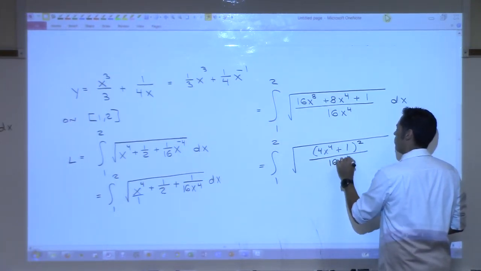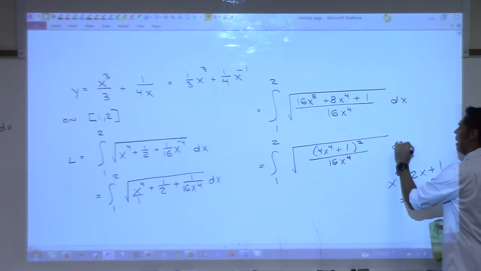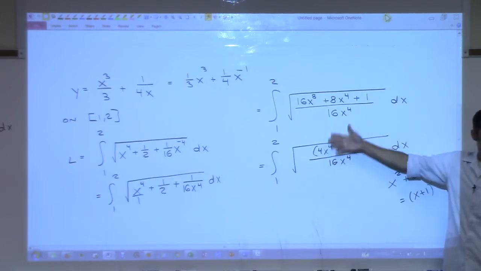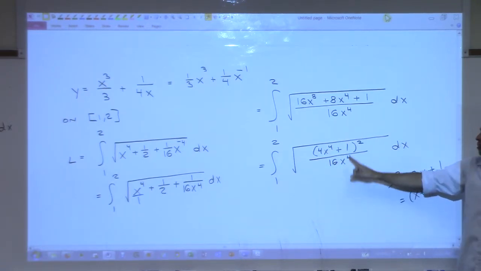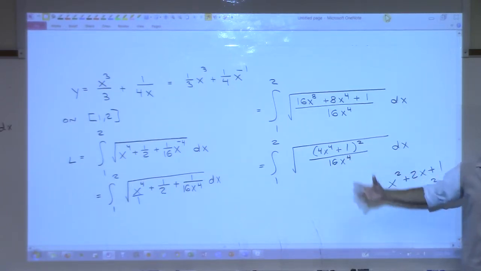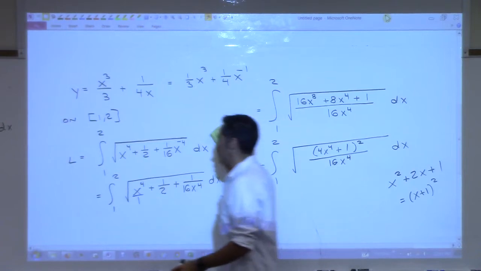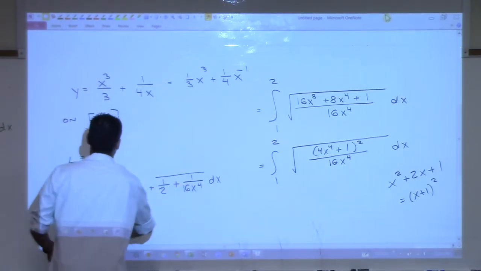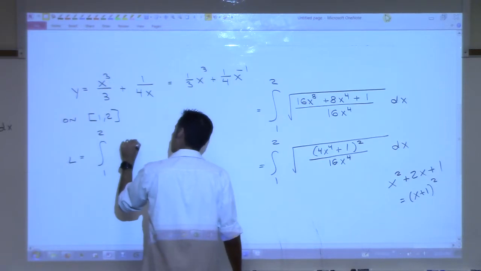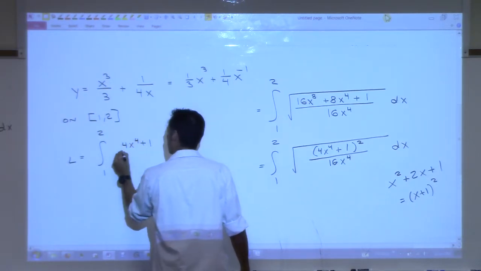16x to the 4th. Now, what's good about rewriting it like that? I can do the root on the top and bottom separately, can't I? So the root of the top is just going to kill the squared, and the root of the bottom is going to be 4x squared. So things are going to go, the root's going to basically vanish in the next step, which is great. So I'm going to have on top 4x to the 4th plus 1 over,